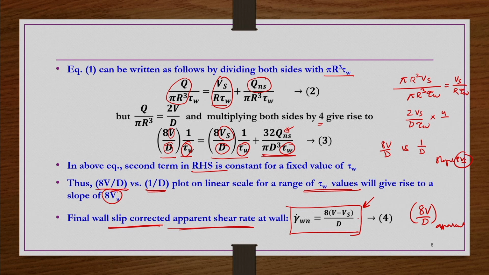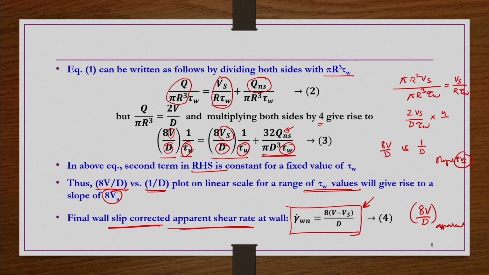It is still apparent only, but the apparent shear rate also has some errors, some anomalies because of the change in diameter. If you change the diameter of the capillary, you get different shear rate values because of the wall slippage. So, you find out how much wall slippage there is, or what the velocity at the wall is because of the wall slip effects, and then you subtract that from the average velocity V, and get the wall slip corrected apparent shear rate.